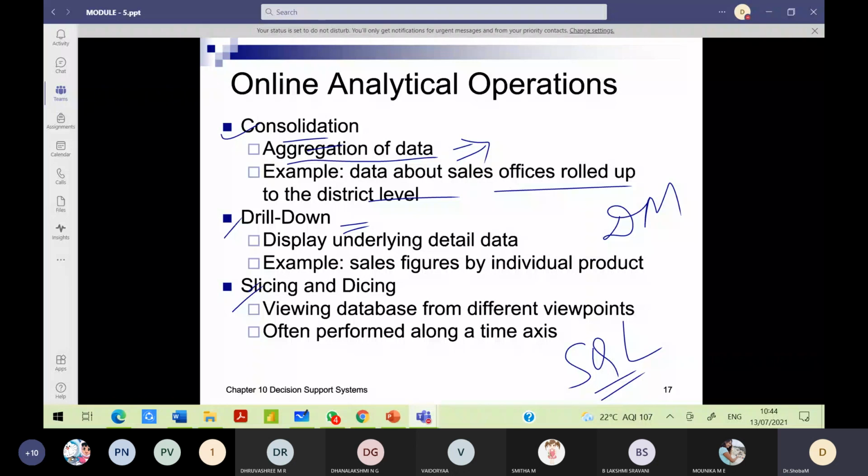And it is often performed along the time axis. So if I want to know how many customers have booked air tickets between 11 a.m. and 1 p.m., a fixed timeline is given. For people who have booked their air tickets online, in real time, between 11 a.m. and 1 p.m., I will get only their data. And to be more specific, if I want to know only the destinations of these customers, where they are planning to fly,